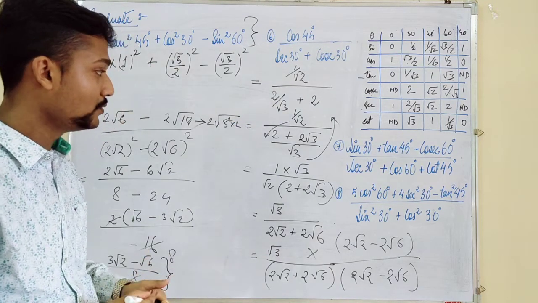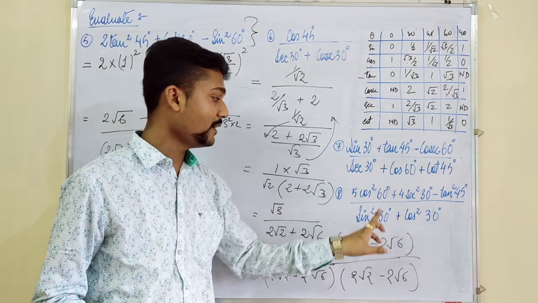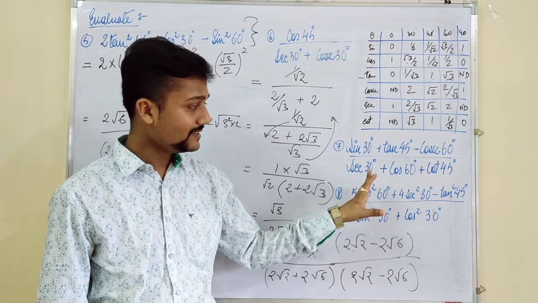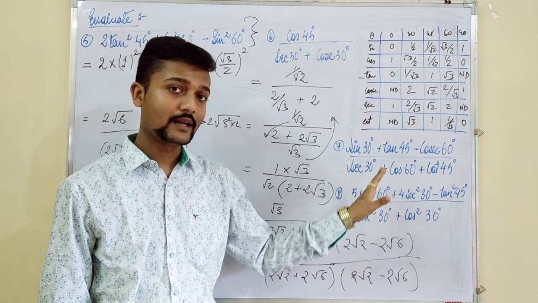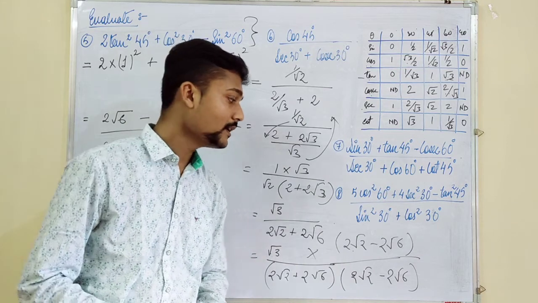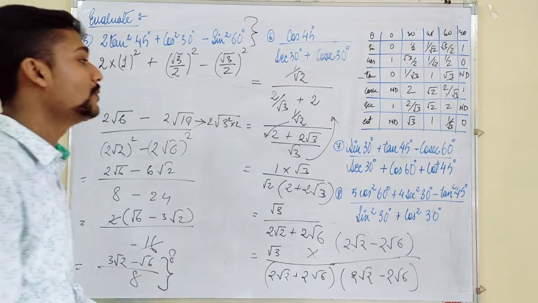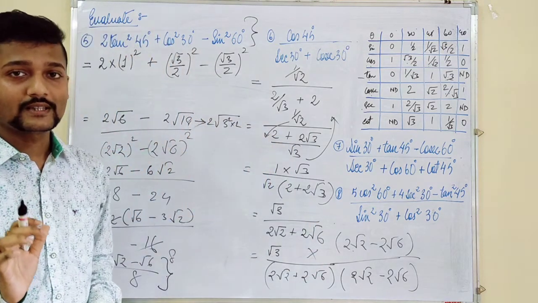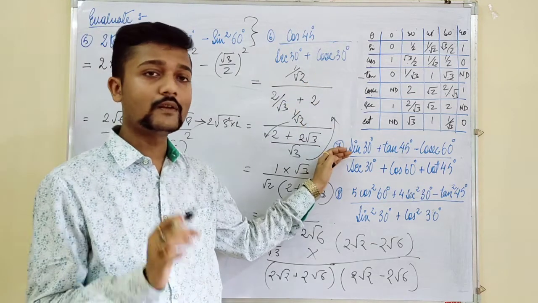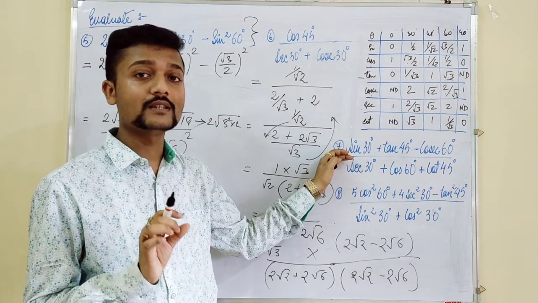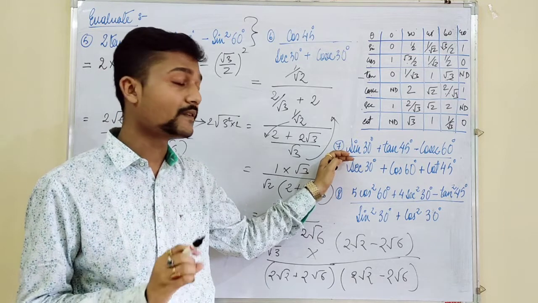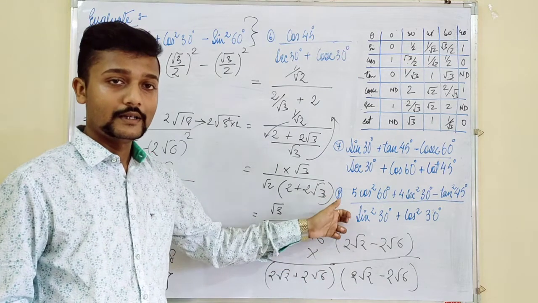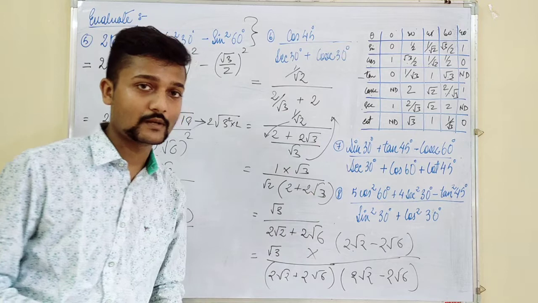So I suggest you do 2 questions, number 7 and number 8. Try to solve them by yourself so that you understand. It might take some time, but you will understand how to do this. Apply the concept and try to do. So if you see, there is no difficulty in doing the sums. If you know the value, prove the value and do the solution, but you need to be very careful. Calculation plays a vital role in finding the answer to these questions. So complete till this much, then again we will move on to the next part.